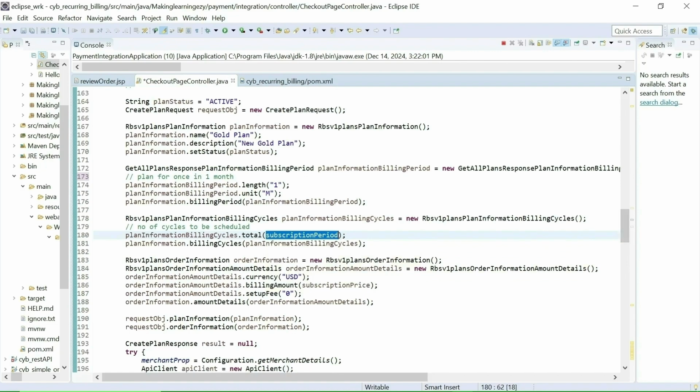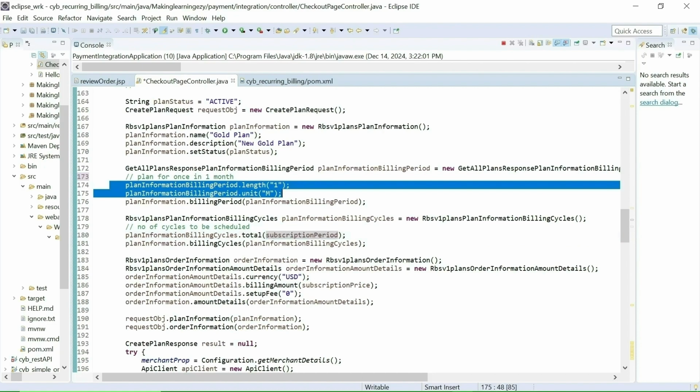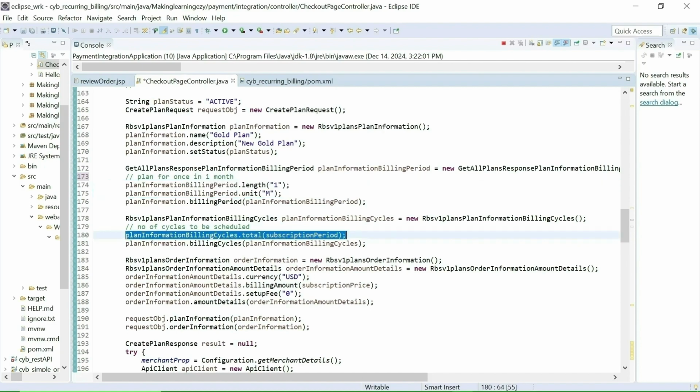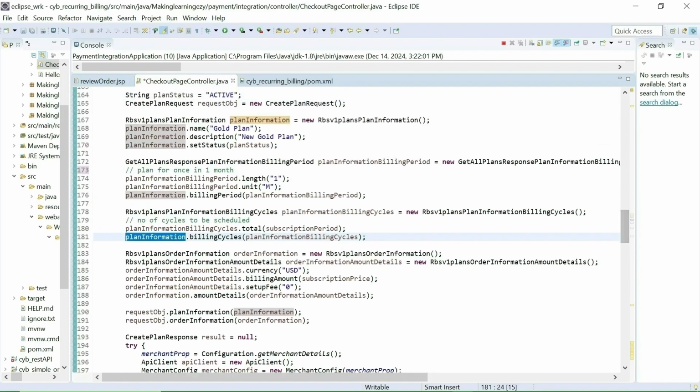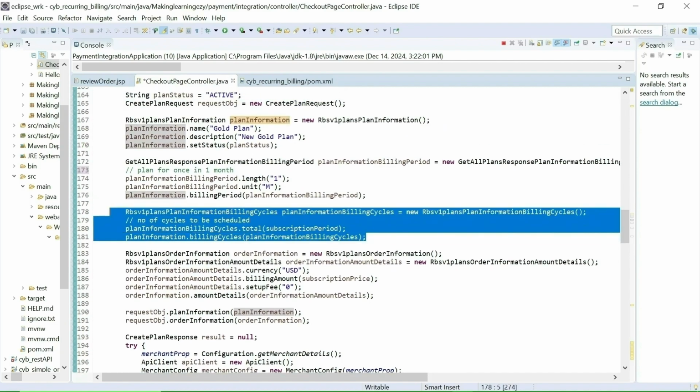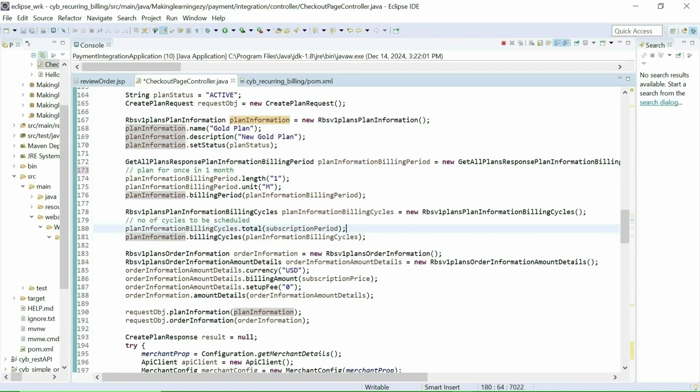So if I consider this information and this information, it means this plan will be executed once in a month for 12 months. Here I am setting the billing cycle information in the plan information. So this is about the billing cycles.